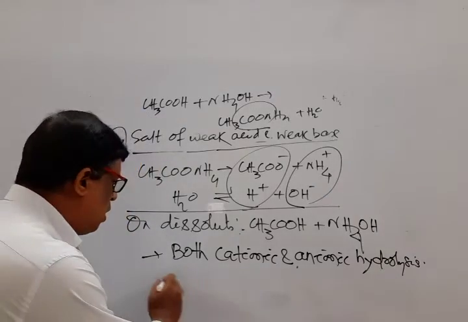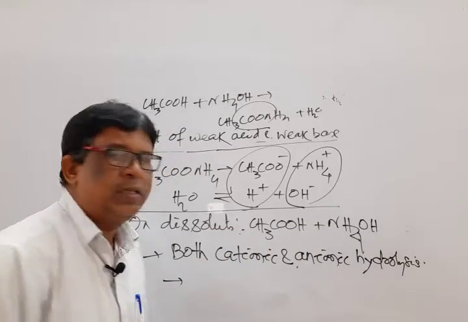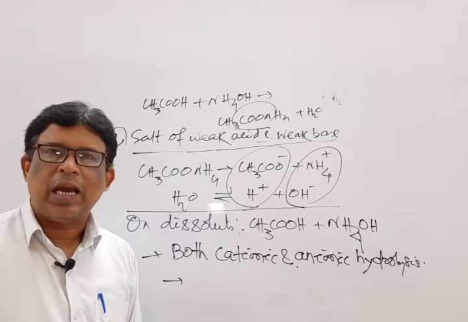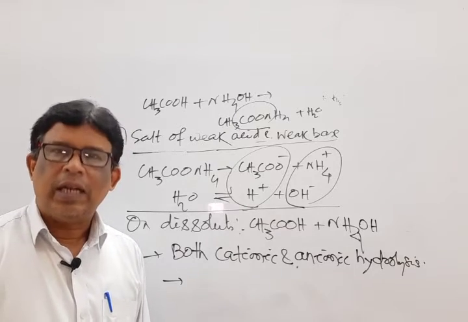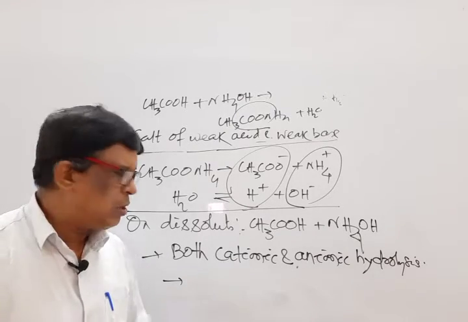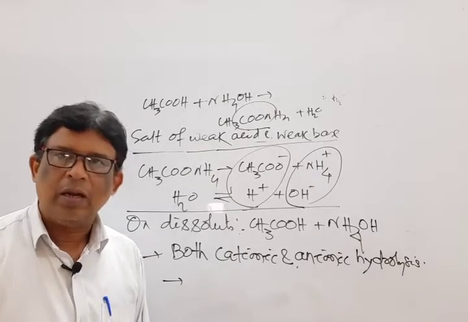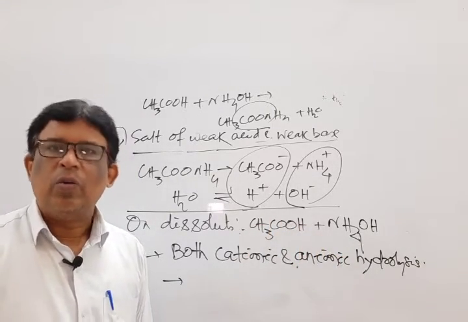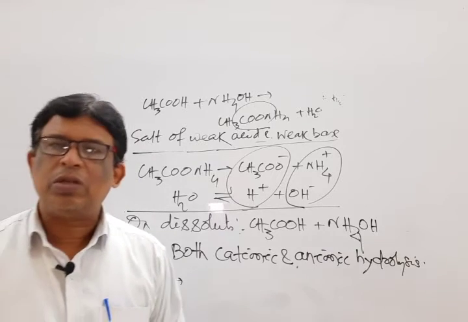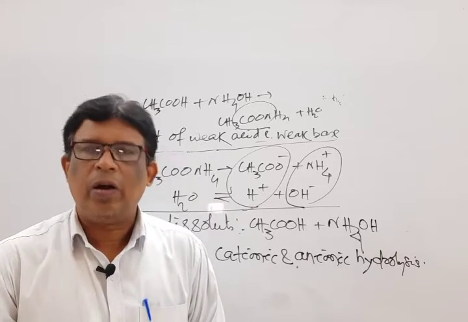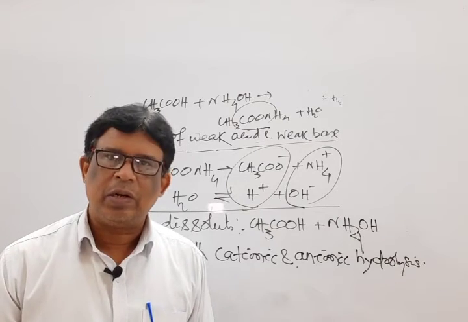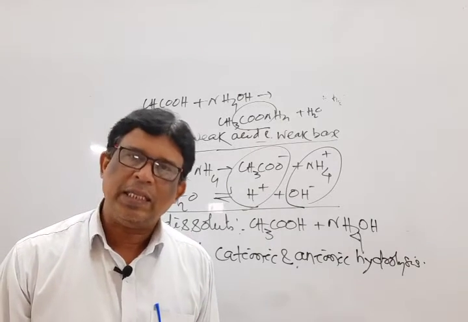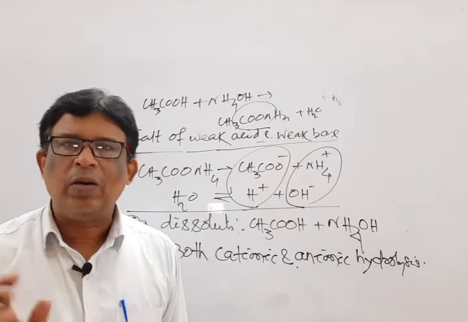So point 2, what is the nature? Since there is absence of free H plus ion and OH minus ion, normally we say the solution is neutral in nature. But depending upon the strength of the acid and base, one can judge whether the solution nature is acidic, basic or simply neutral. It is all about the type of hydrolysis, one example, and their type of hydrolysis and their nature.